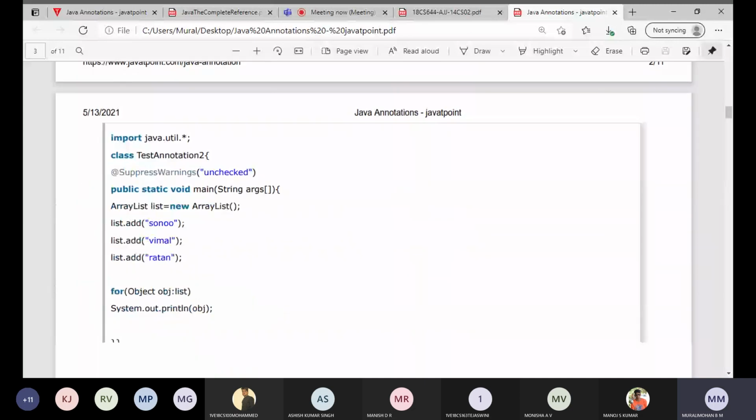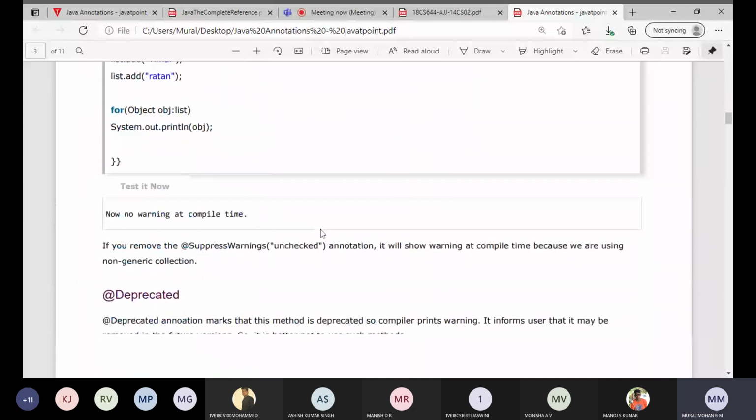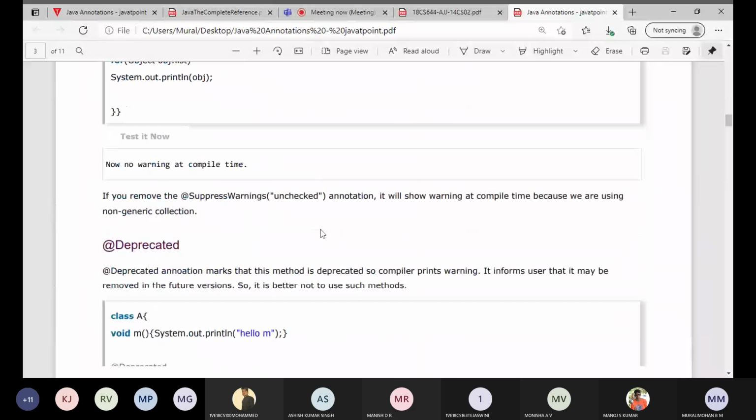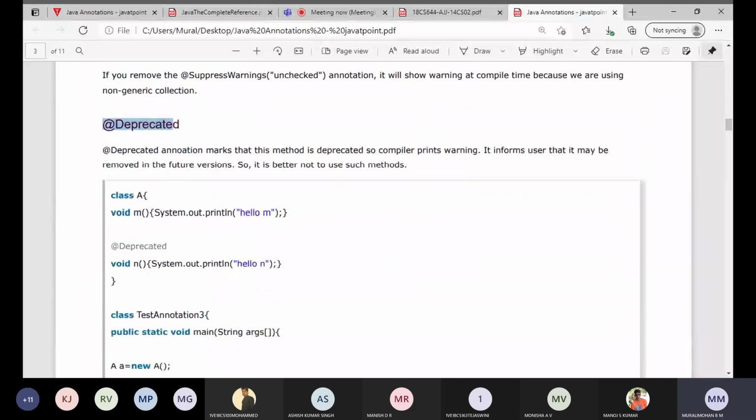Next we have Deprecated. This will mark that the method is deprecated by the compiler. It means whatever method you are using now may be removed in future or later versions.